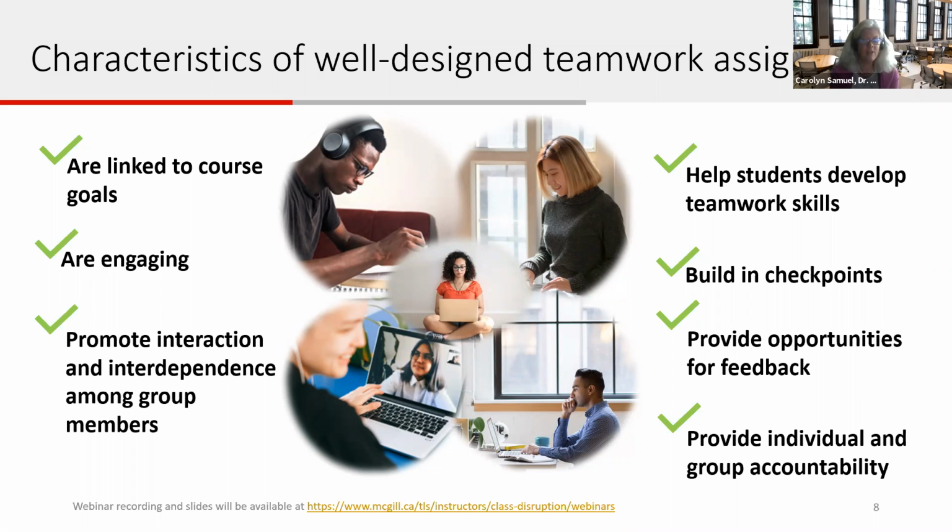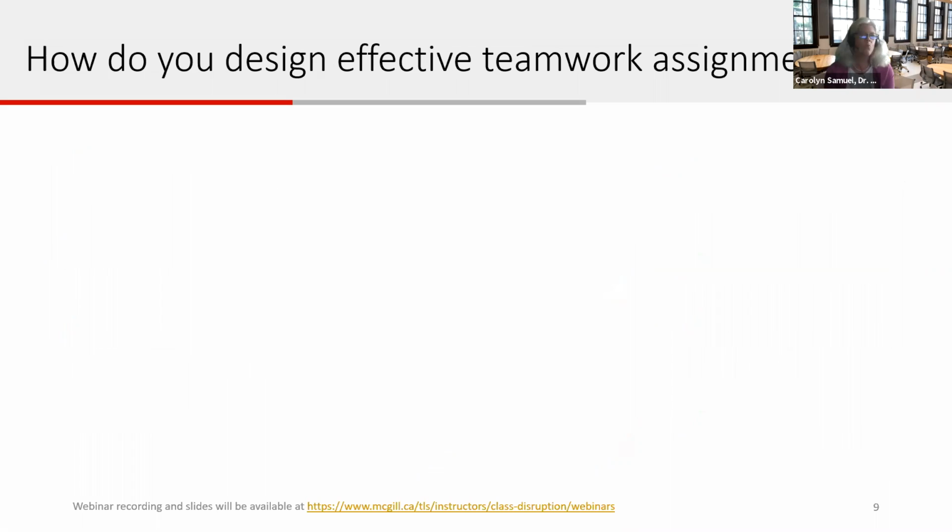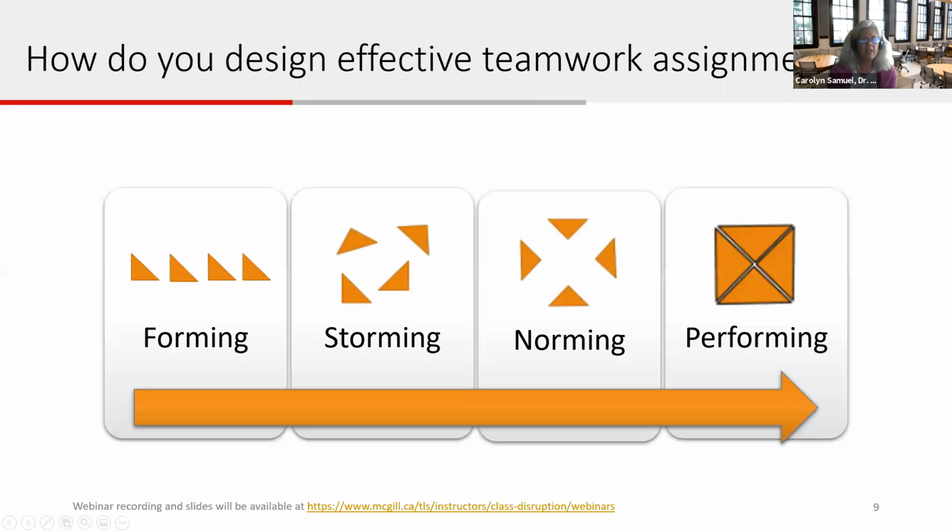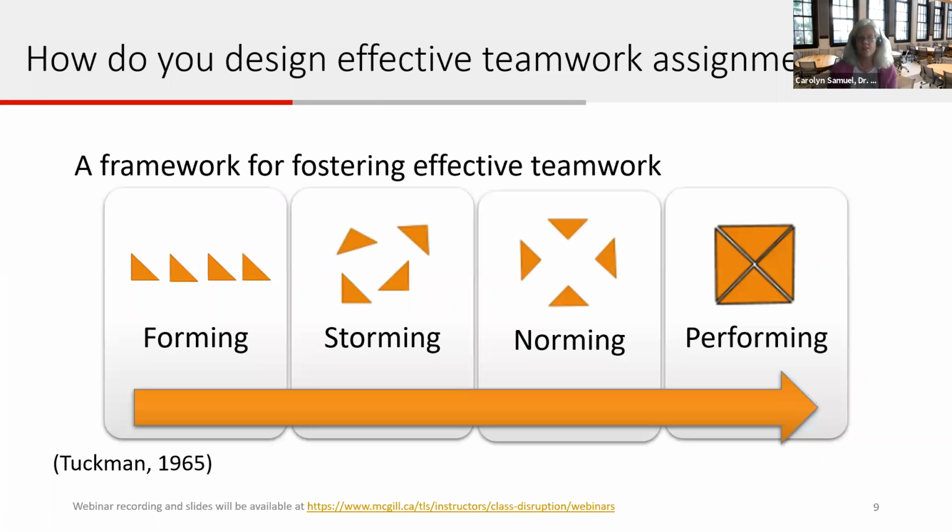We're going to look at how we can build in an opportunity for accountability in a very concrete way. And we'd like to propose a framework that will help with the implementation. And this framework is a 4-part framework. And we can have that on the screen there, a framework for fostering effective teamwork. It was proposed in 1965 by someone named Tuckman, and it has a really nice sound to it: forming, storming, norming, and performing. So 4 stages for effective teamwork.